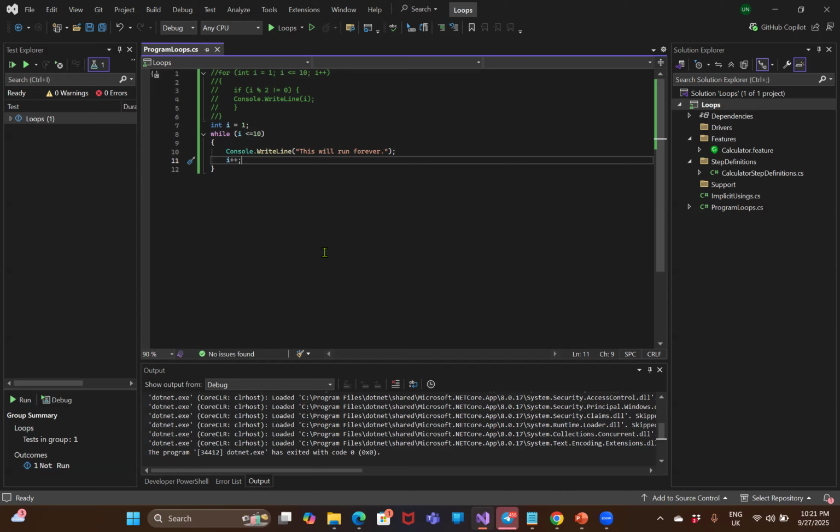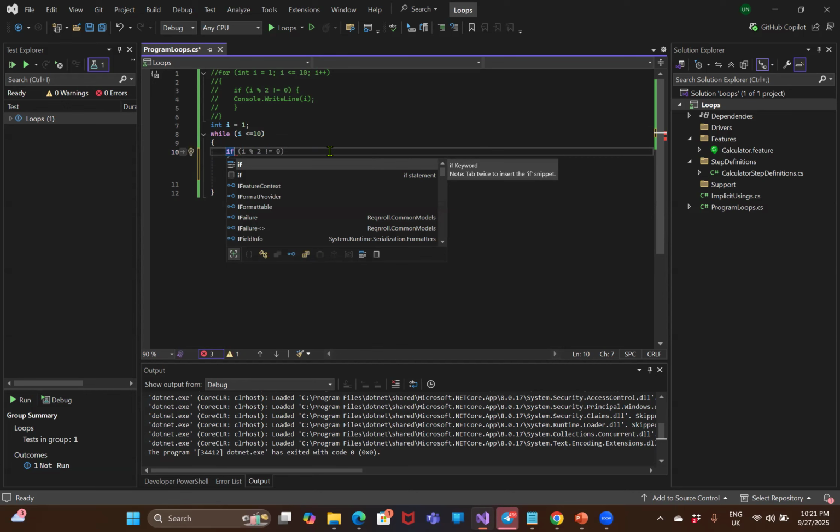So you're going to delete line 10. We're going to do the same thing as we did in line 3, so we're going to print out the even numbers. Should I delete line 11? No, don't delete line 11, if not, we'd have an infinite loop. So you do if